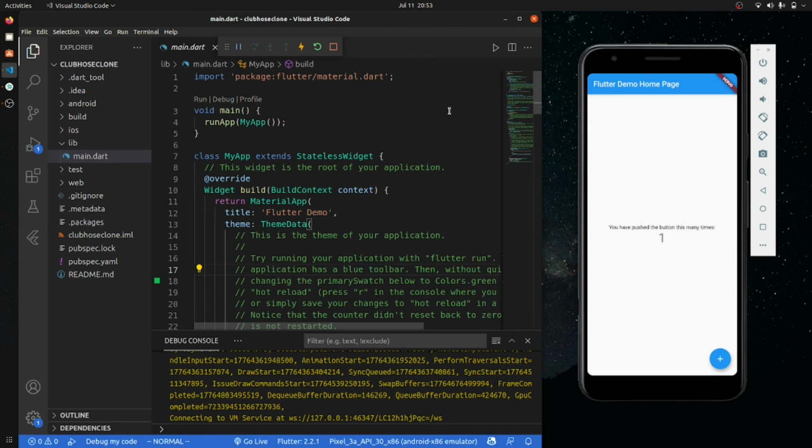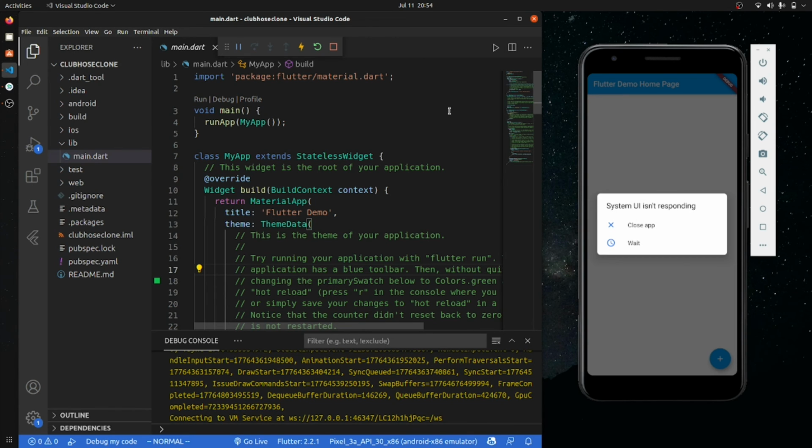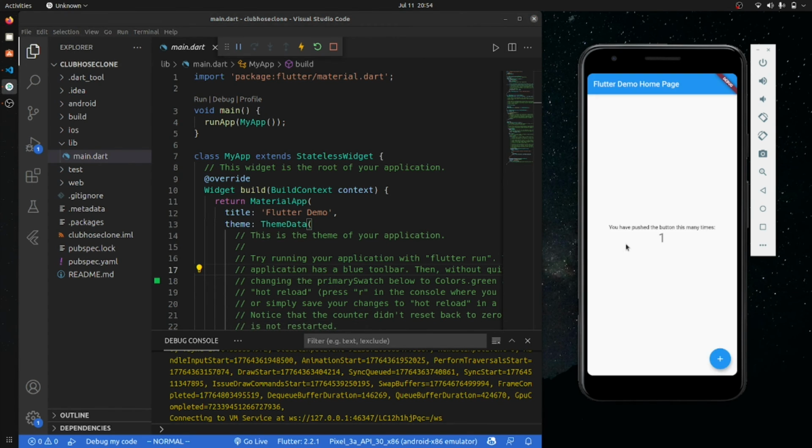And yes, I know that after a very long time I have started again with my Flutter videos, and from now I'm gonna start creating a series in which I'm gonna create popular clones. In this series we are gonna create the Clubhouse clone, and I'm gonna explain each and every step of how we can create the Clubhouse clone, and if possible I will also try to show you the backend features.